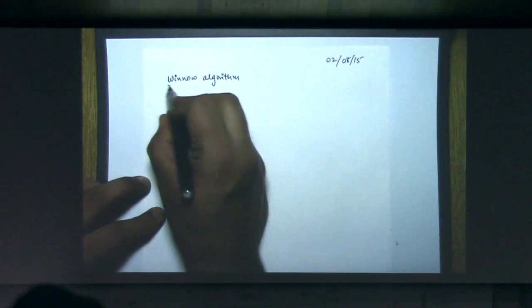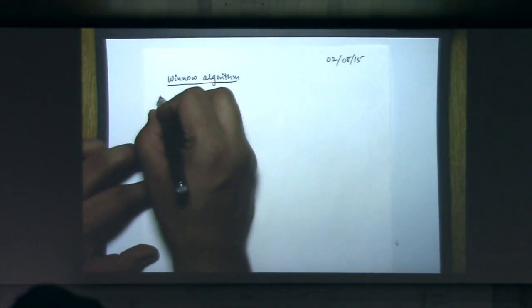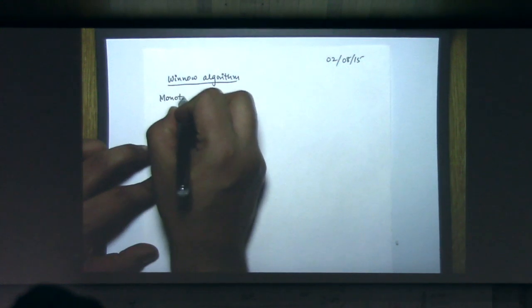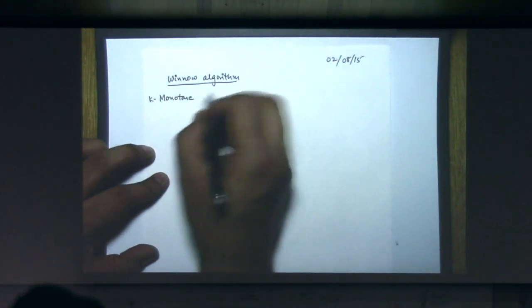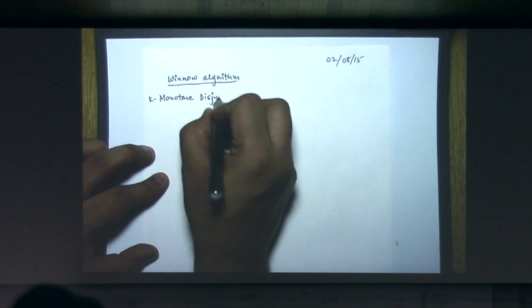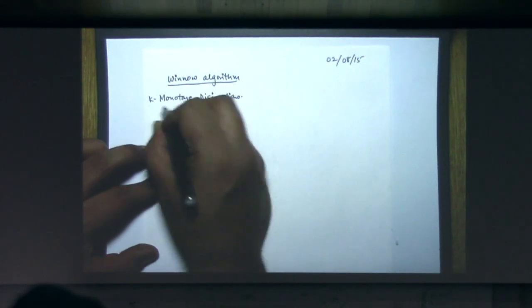Winnow algorithm, right? So we will come to it. Before that, we need to talk about, we have already discussed quite a bit about monotone disjunctions, k monotone disjunctions, right? And then in the end of last lecture, I said that if it is a monotone disjunction, it means that